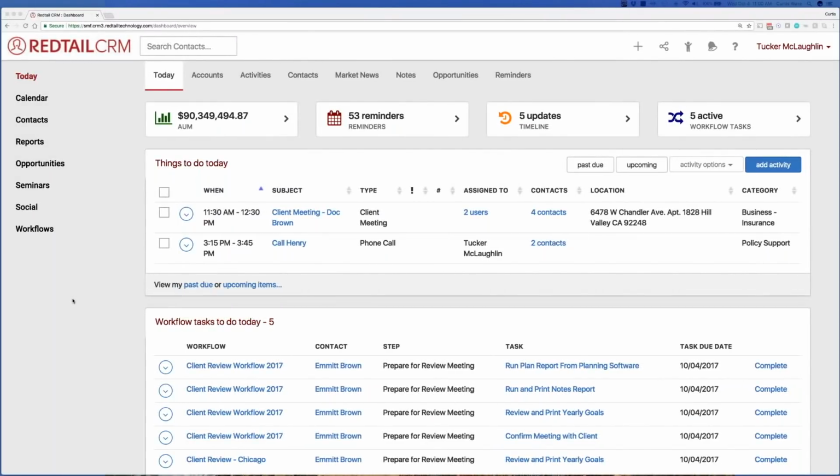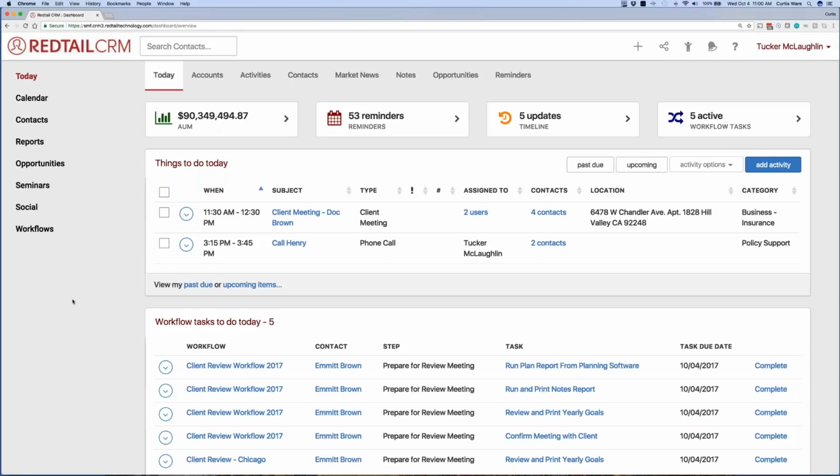This is our Redtail CRM 30-minute quick start. What we're going to start with is just a few basics of how the CRM is set up. So what I first want to point out is our top right icons. Those are going to be located in the top right, just right over here, and you'll see we start with